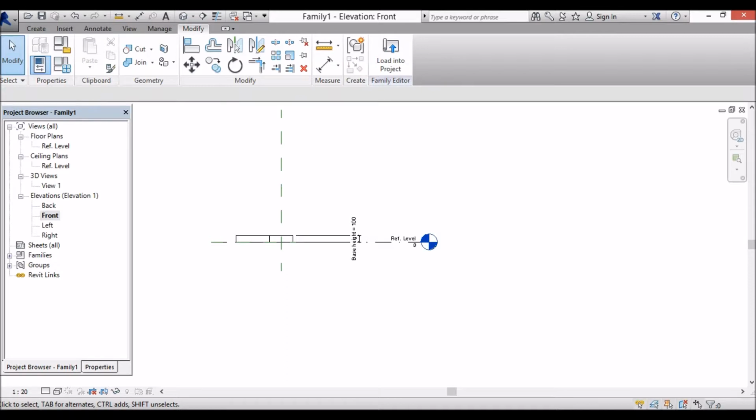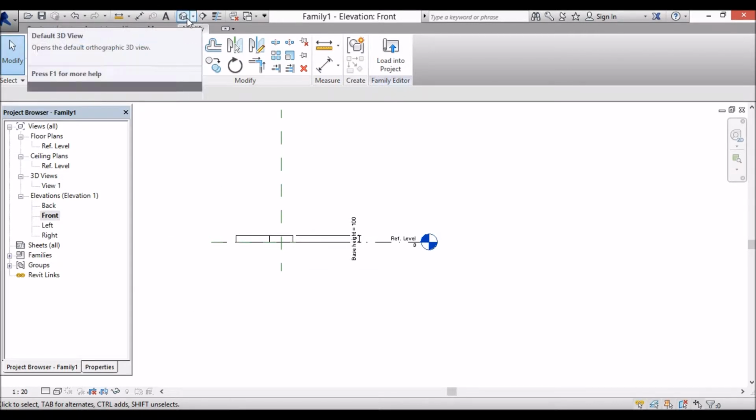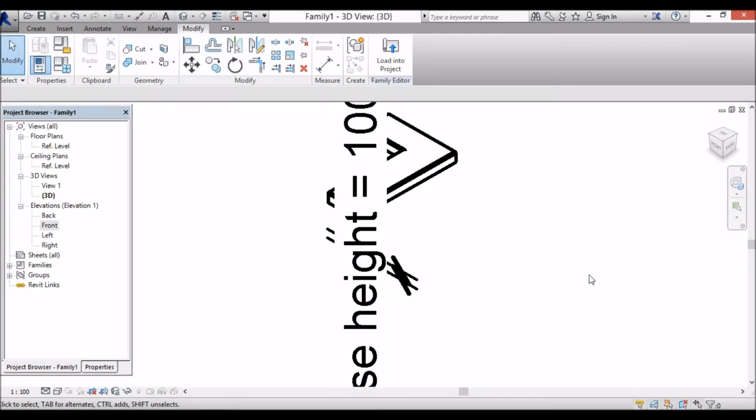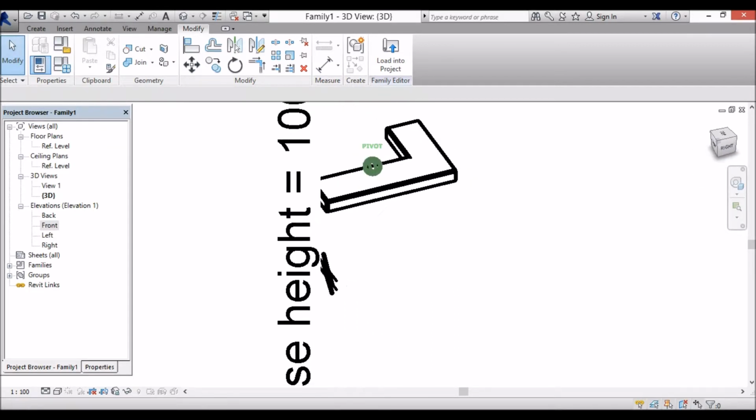Okay, you can now view the object in 3D just for fun, and see what it looks like. So to do that, we're in the front view. We want to go to 3D. You can just click on this little house icon up the top here. Wow, so we've got the object here in 3D and you can rotate it around, but we're having trouble seeing